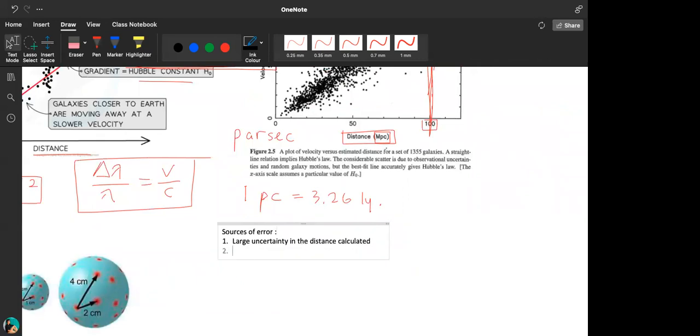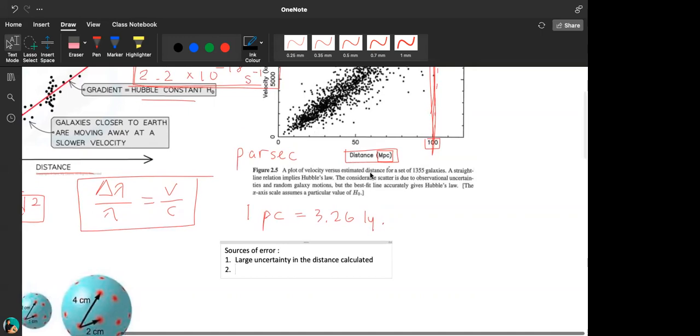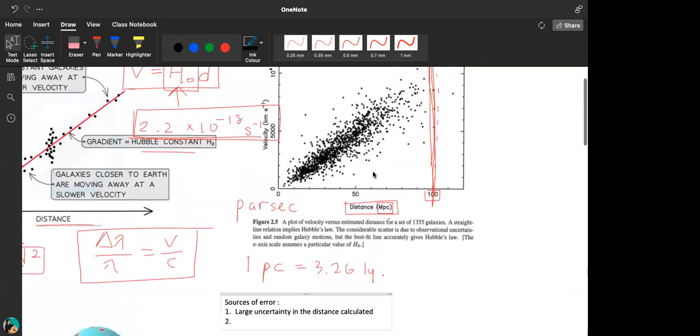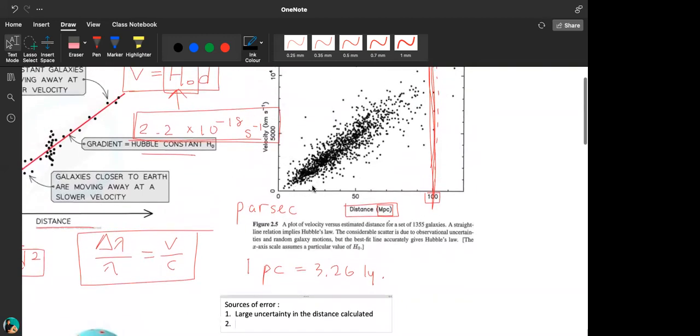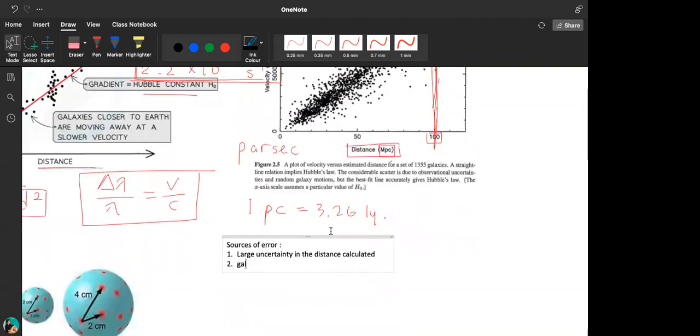Like galaxies that are very far away, the distance that you calculate, the method that you use is not exactly 100% accurate. So that is an uncertainty in the distance, which makes the Hubble constant also an estimate value. Okay. Number two is that when they measure the distance, it's not that accurate because the galaxy also,